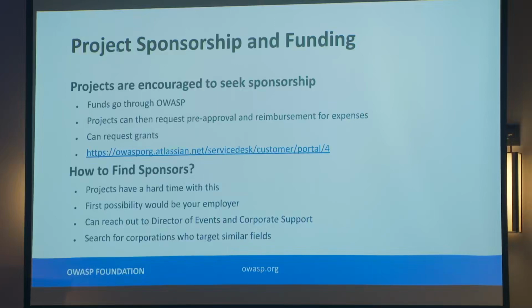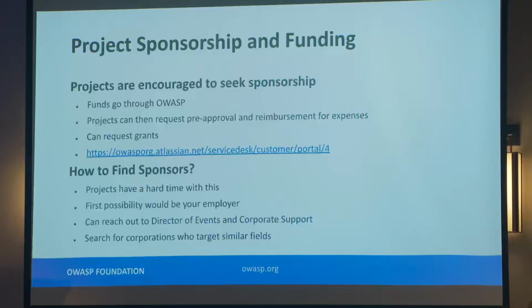And this is important, you should probably always seek pre-approval before you do a reimbursement, just in case it's not one of the things that we actually cover. In most cases, we try to cover reasonable expenses. We also just recently developed a program to make it so that projects can request grants. What can you do with a grant? Let's say that you get a company XYZ to sponsor your particular project, and they would like to see you put in a particular feature in your project. They might give a grant.